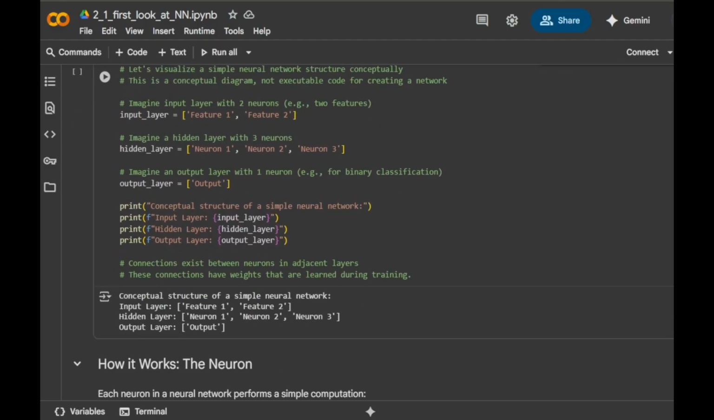Let's just visualize a simple neural network structure conceptually. This is just a diagram to help us understand, not actual code to build a network. Imagine our input layer has two neurons, say representing two features. Then imagine a hidden layer with three neurons. And finally, imagine an output layer with one neuron, for example, for binary classification. The key here is that connections exist between neurons in adjacent layers, and these connections have weights that are learned